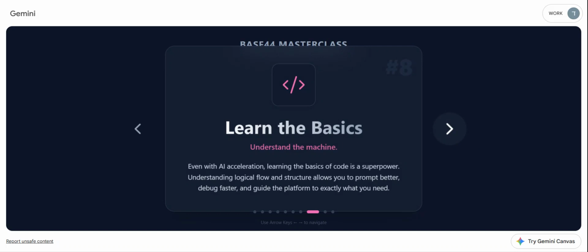8. Learn the basics. The more you understand how Base works, how a server works, how a database works, how a browser works, all these things, the more you learn and understand how a web application actually works, you will be able to reach a higher level, and therefore I really recommend learning as much as possible and learning the basics. This will improve your ability to build good apps.